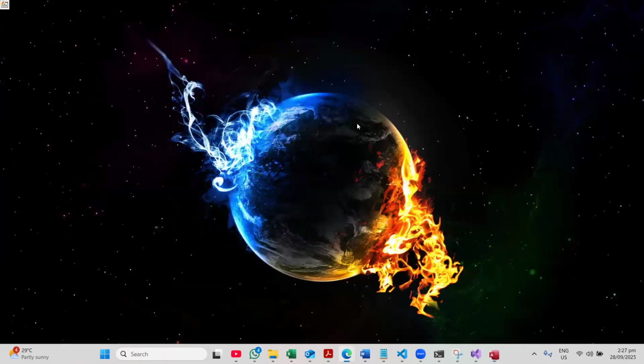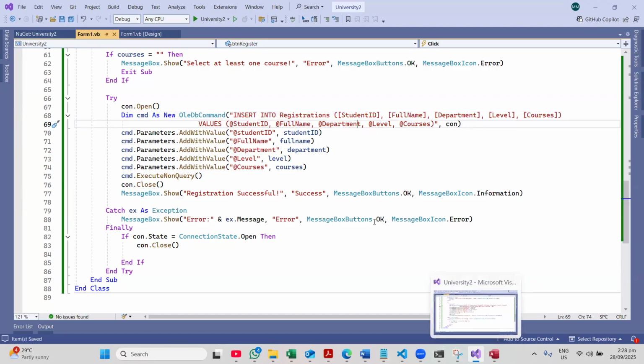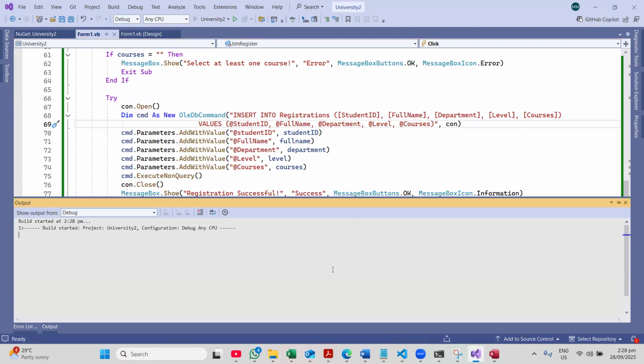In my VB, I'm going to put square brackets around all of this, so that Access will know that even though it is a reserved word, it should continue using it for me. Good. So now I shouldn't have any problems putting something in my application. So if I run it,